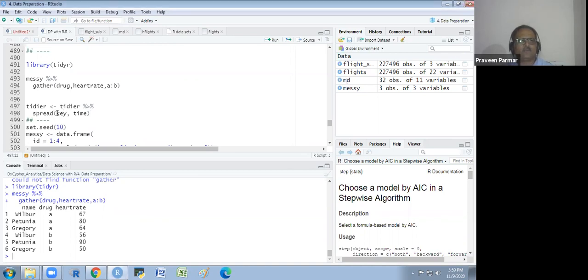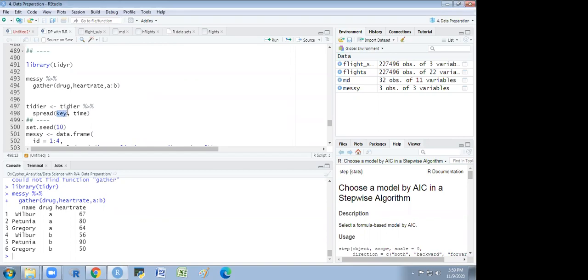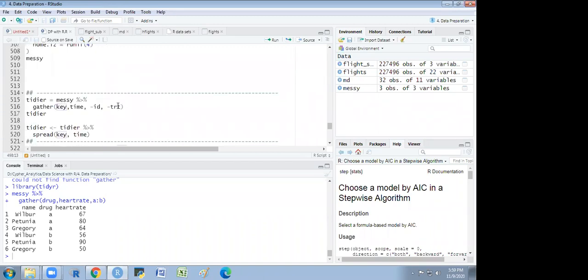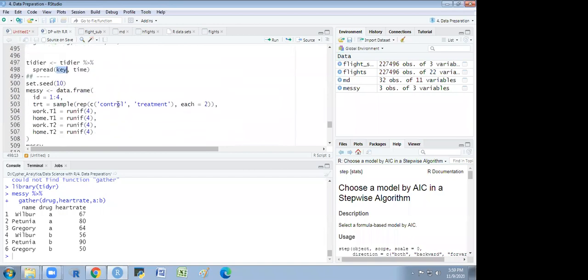What I am doing, the key and value and key. Just a moment. Drug.